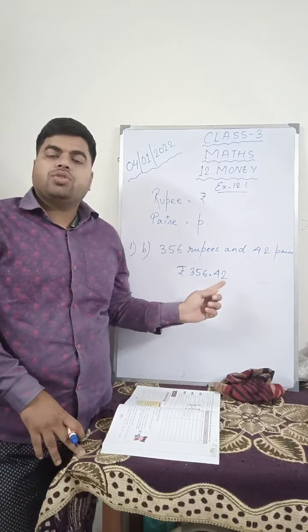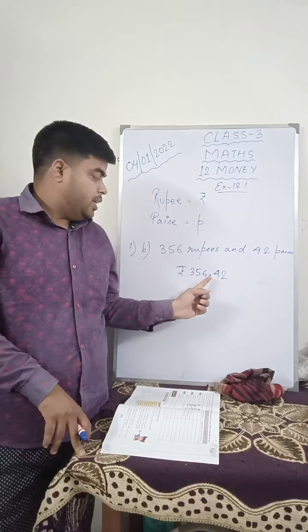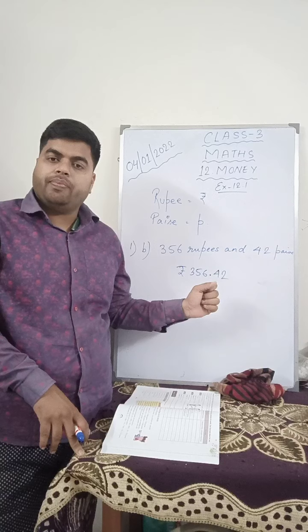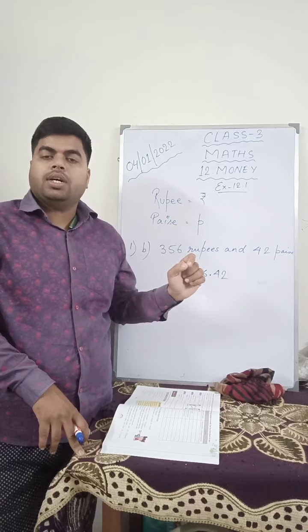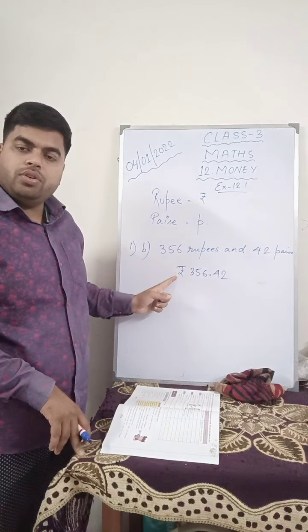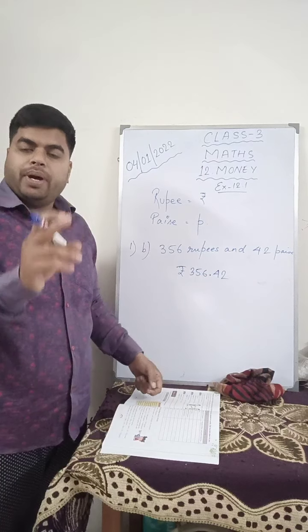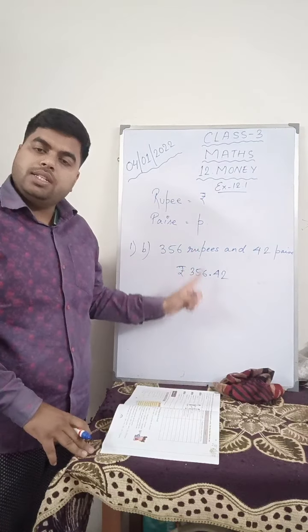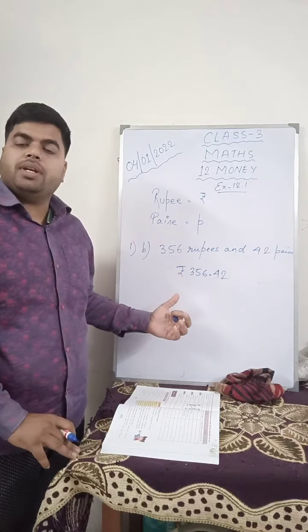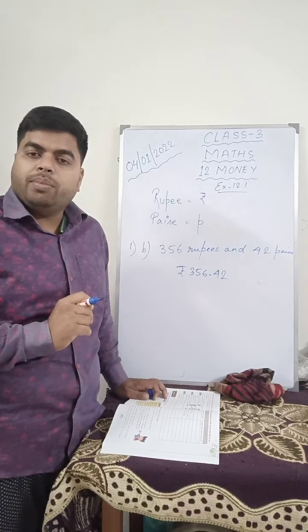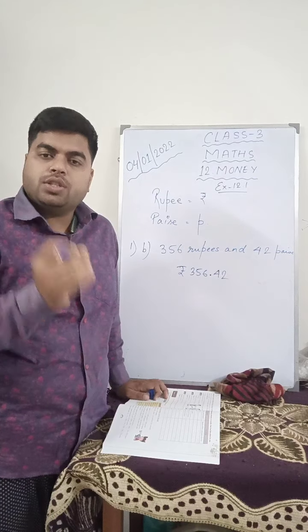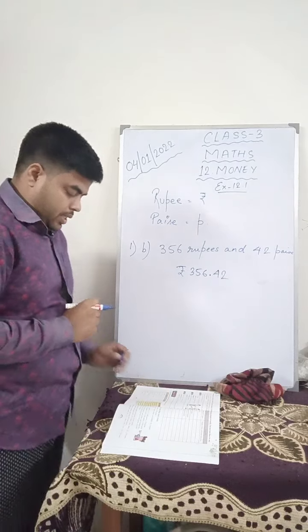This decimal helps you to understand that whatever is before the decimal is rupees and whatever is after the decimal is paisa. Whenever you use a bigger unit, like rupees, you don't have to write paisa if you are using this decimal. This decimal automatically tells you that after the decimal is paisa, and before the decimal is rupees. Like what we did in the measurement chapter, whatever is before the decimal is the bigger unit, and whatever is after the decimal is the smaller unit. This is what you have to understand.